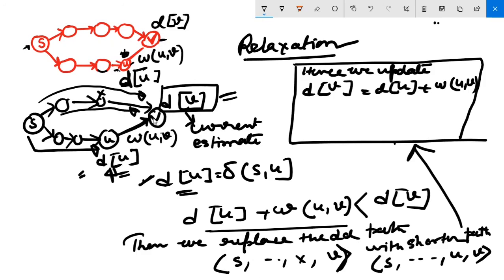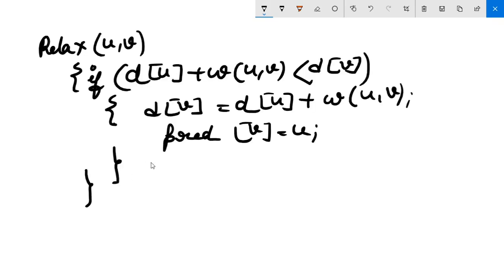Okay, and the predecessor of v is nothing but u. So if you write the relax algorithm, pseudocode you can call it, it will be like this. Now let us take one example